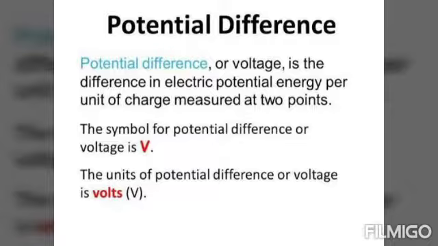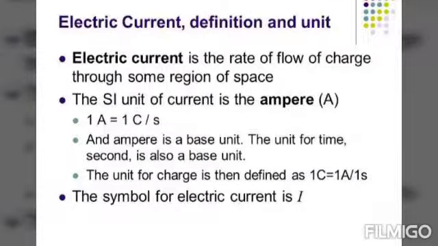Okay, so we'll see the next point, the question given in a textbook. How can we measure water flow emerging from a pipe? We can find it from the amount of water in liters coming out in a specific time period. How then is electric current measured? That is what we are going to see.